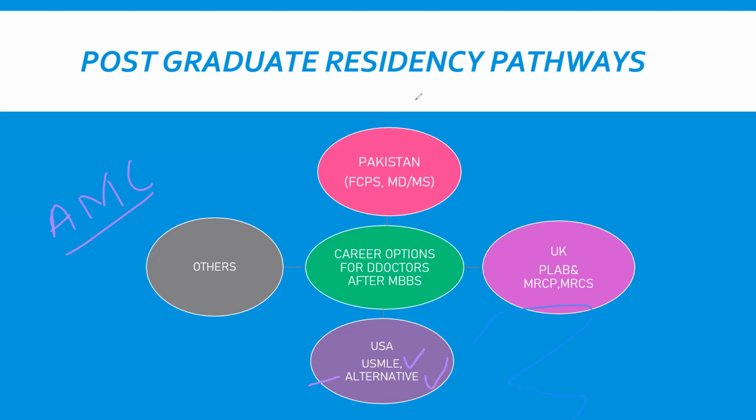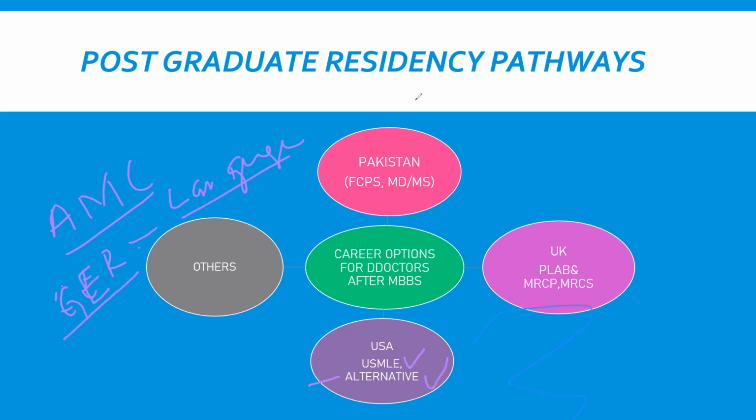After fellowship, you have to go for residency, complete your residency, and then you can work in the United States. And other than AMC, we have Germany. Another option is Germany. And in Germany, certain people don't like this pathway because it requires language. You have to learn their language, like the German language, which is one of the difficult languages in the world.